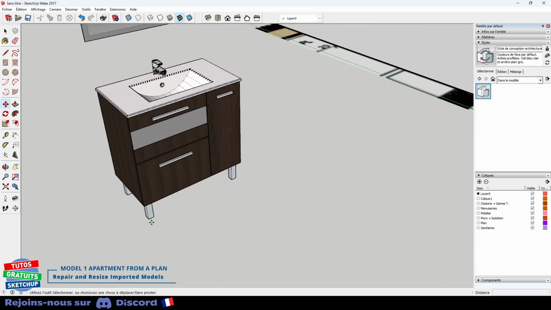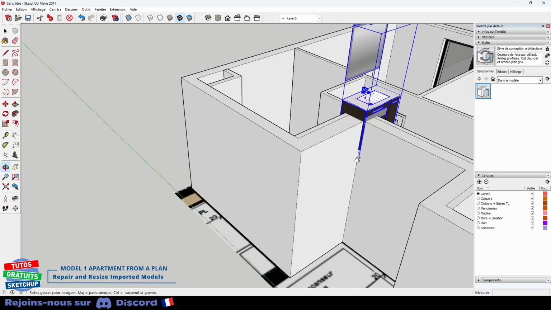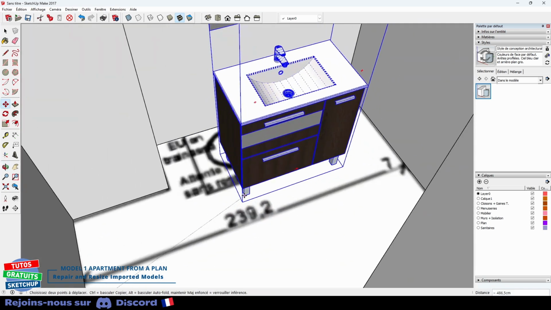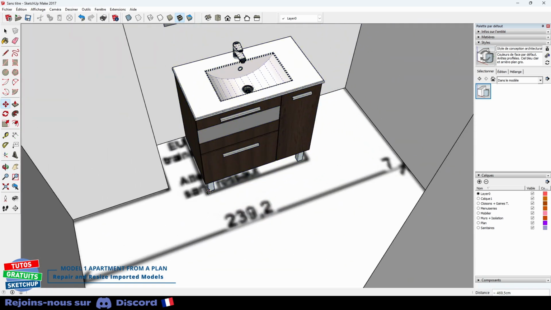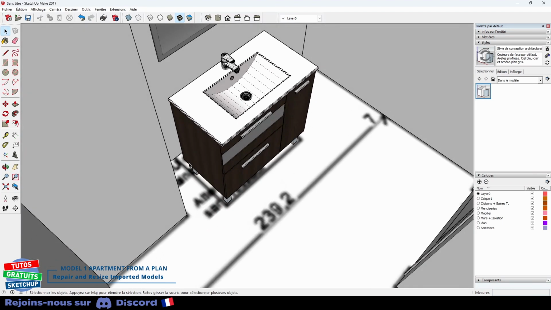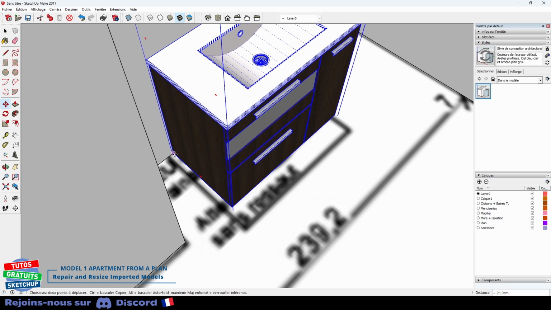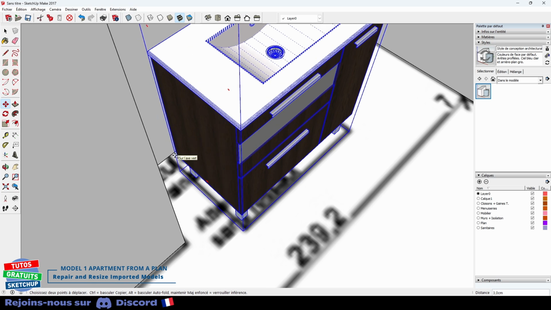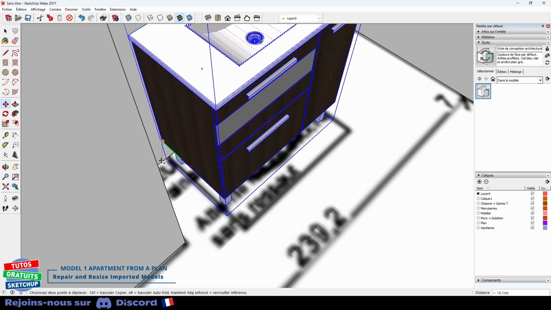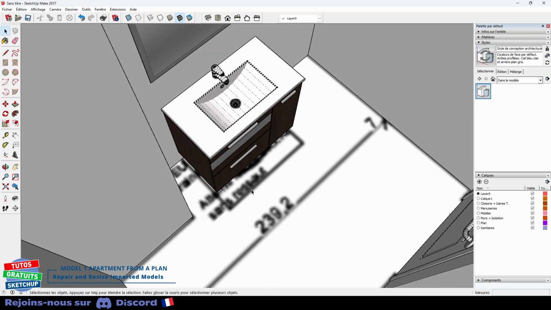We move it in relation to the foot. We're going to put it directly on the ground here. The width looks pretty good. On the other hand, I'm not flush against the wall, so I select the corner of the furniture. I lock along the green direction with the left arrow on the keyboard. I put it here against the wall. My furniture, on the other hand, is not deep enough.